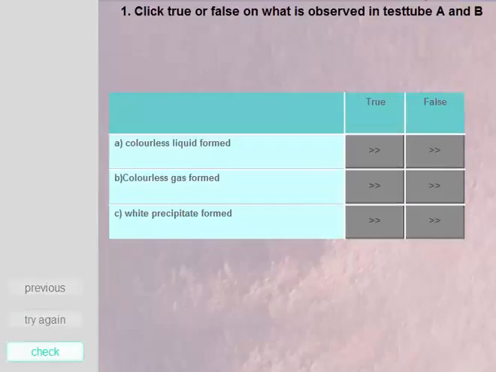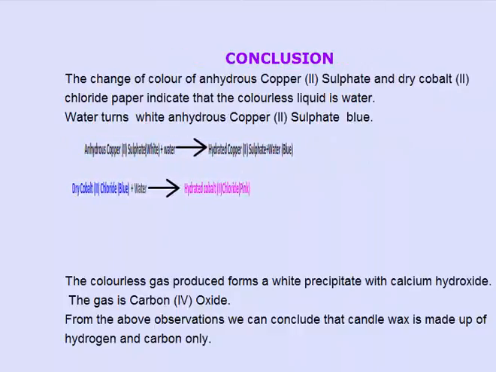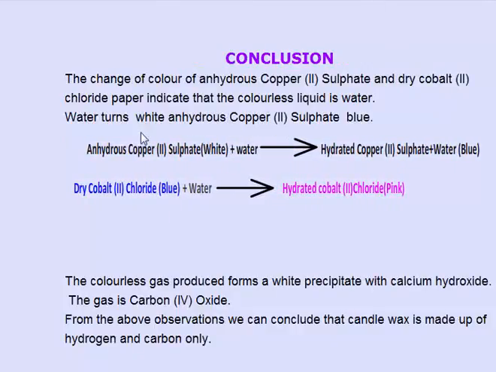Attempt the following exercise. The colorless liquid formed is divided into two portions. To the first portion, anhydrous copper(II) sulfate is added. To the second portion, blue cobalt(II) chloride paper is immersed. The change of color of anhydrous copper(II) sulfate and the cobalt(II) chloride paper indicates that the colorless liquid